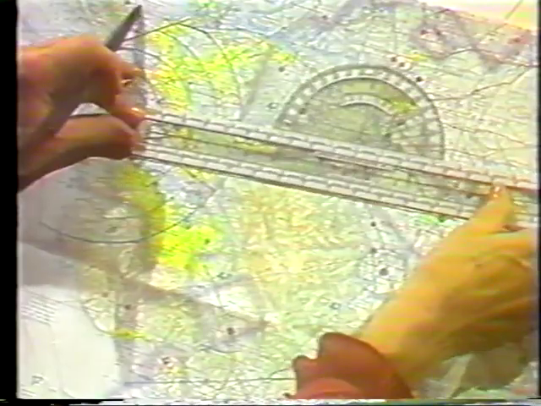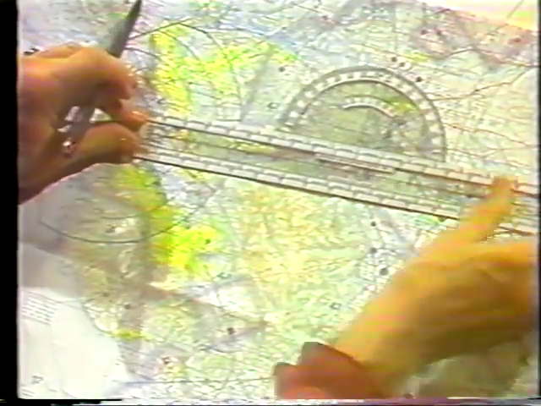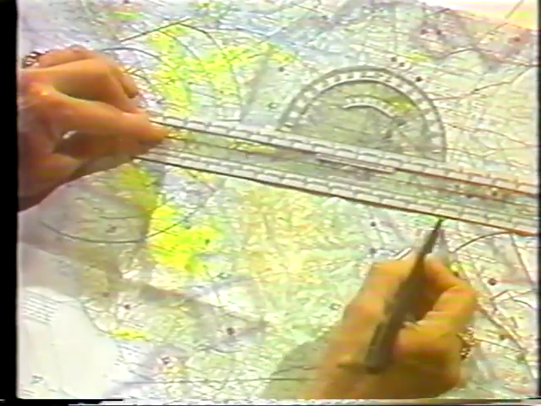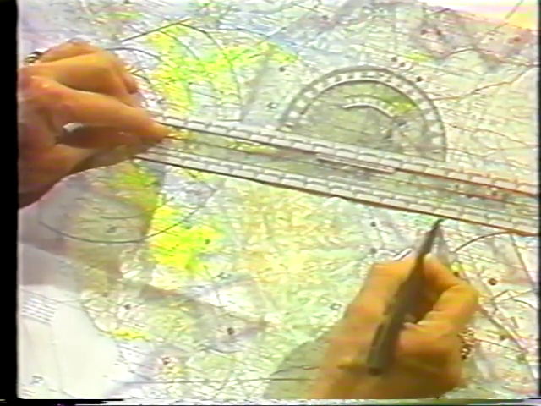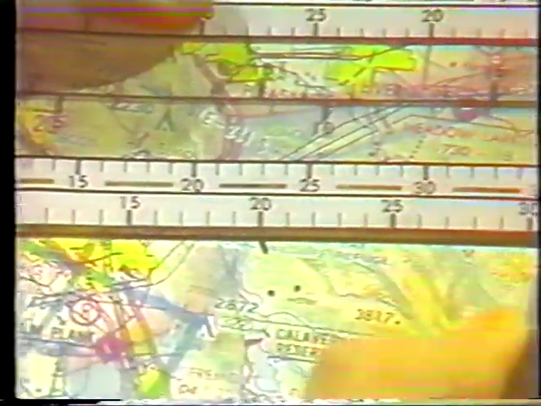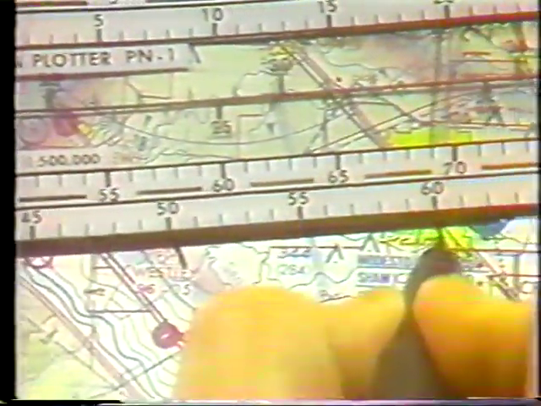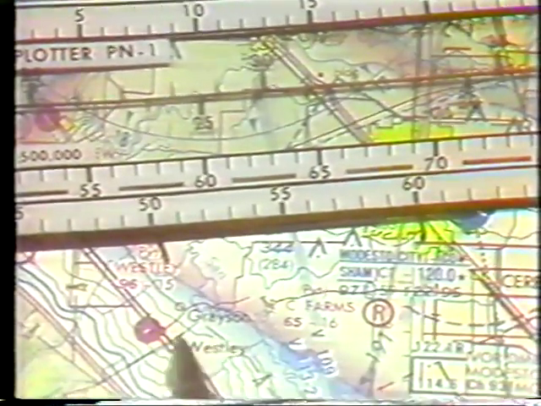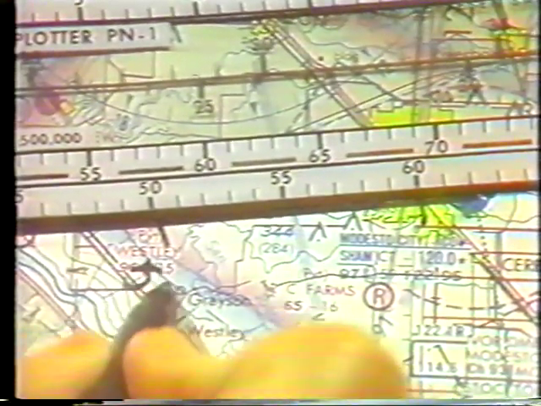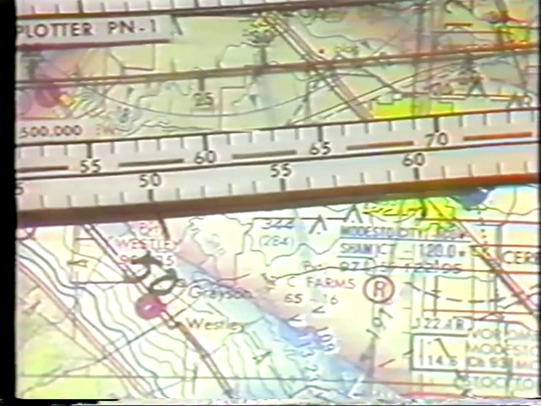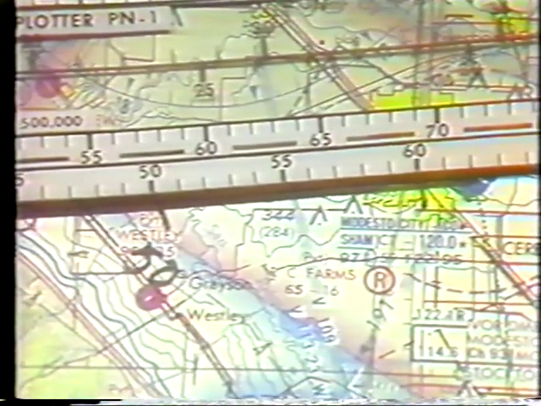Then find the appropriate scale for the sectional chart and for nautical miles and measure the distance from San Carlos Airport to Modesto Airport. We see that the course is 62 nautical miles. With the plotter still in place, mark off the tick marks every 10 miles along the course. For long cross-country flights, it's helpful to mark off each 50 miles along the route for easy computation of total distance flown as the flight progresses.